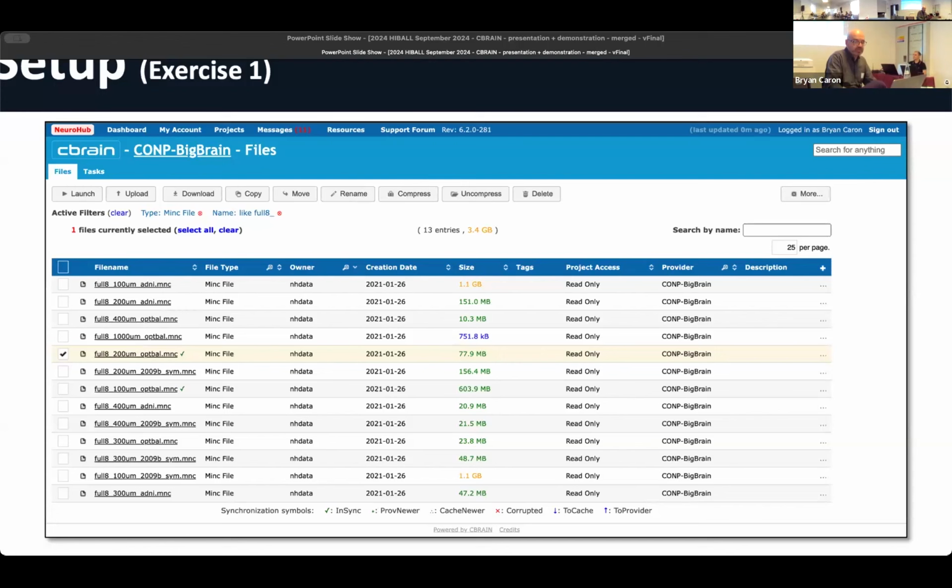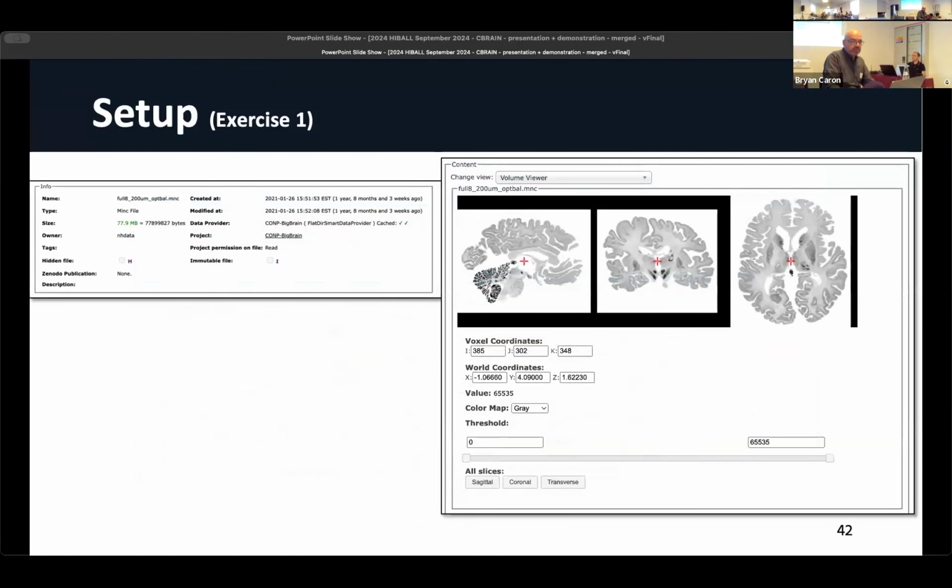So if you just click on that particular file name, you're then going to get a view that presents a couple sets of information. One at the top, I'll zoom in a little bit just for people to take a look. Problem is I can't pan across, so I'll leave it. So you see the file name, and it tells you information about the size, when it was created, and what project it's part of.